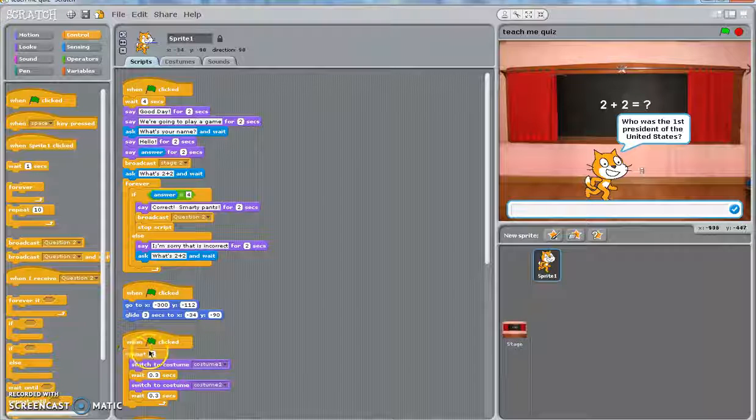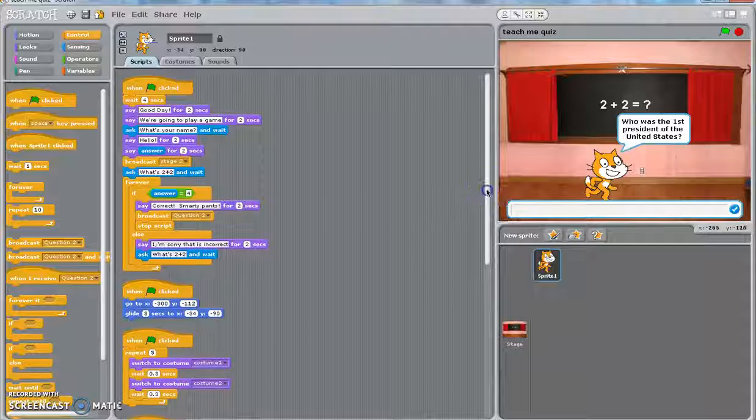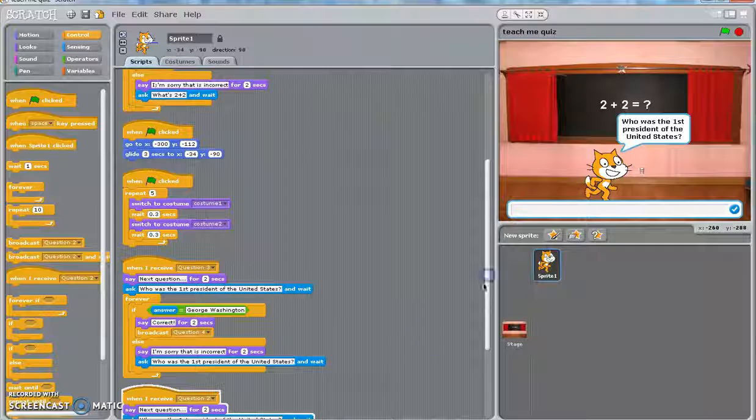Like I don't have it on forever, I just have it repeat. I just played with the guess and check and played with how many times it took to happen. The if-else statement is in a control, and the broadcast is also in control. Everything else, you should be able to look through your directions that are on Google Classroom and see if you